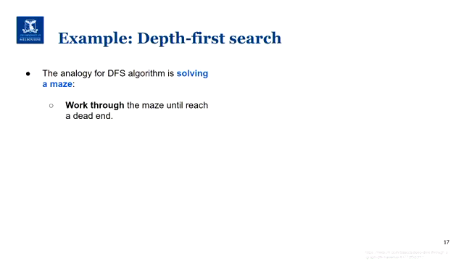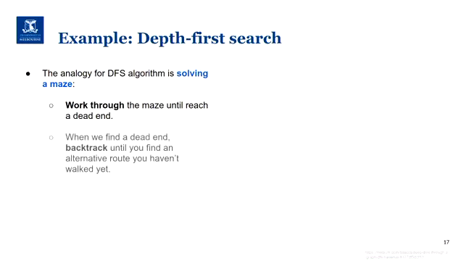So you're going to walk through the maze until you reach a dead end. When you do, and you will, you backtrack until you find an alternative route that you haven't walked yet. So it's like you're in the maze and you have little bits of paper. The way you go, traversing the maze, you leave paper, don't litter. That's just an analogy. And once you reach a dead end, you just go back the way you came until you find, let's say, a bifurcation, and you try again in a different direction. And then you repeat this process until you find your exit, hopefully, or die in the maze.